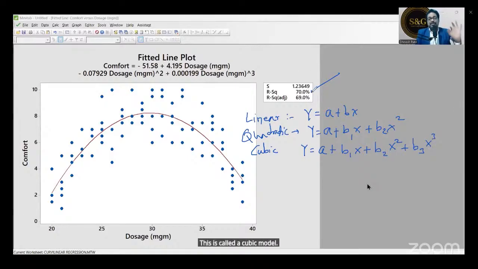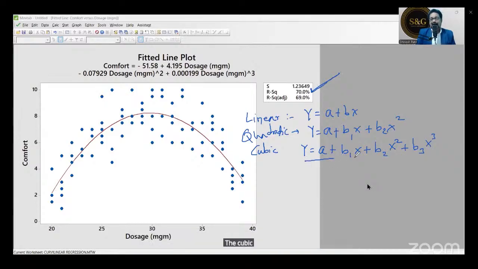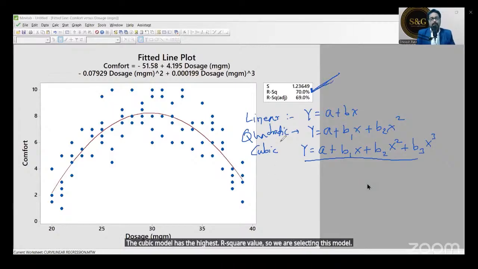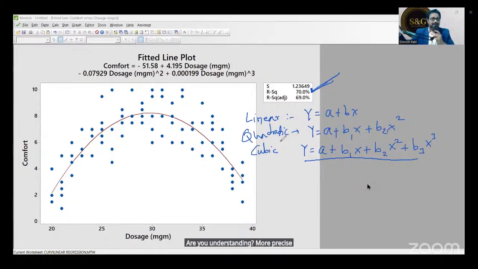And whichever has the highest R square value, that model we have to select. In this case, the cubic model has the highest R square value, so we are selecting this model. Highest R square value means this model can predict the value more precisely. Are you understanding? More precisely.